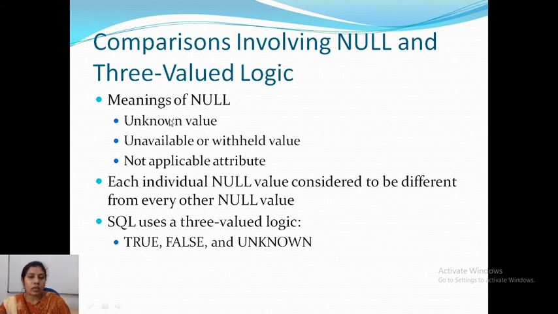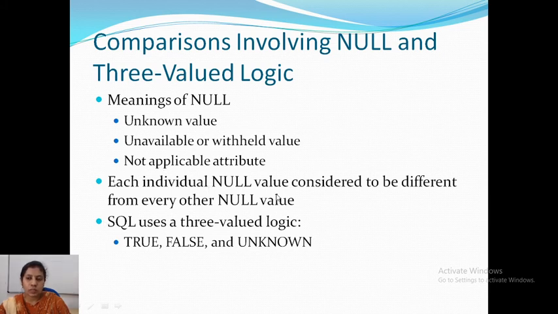So unknown means you don't have an attribute value at that moment, and unavailable or withheld means you have it but the user has not entered the value. Not applicable means certain fields are not applicable for the particular entity set. If I say you have to enter your UG degree or PG degree details, but you don't have a UG or PG degree, then that column will be kept as null. It is not applicable.